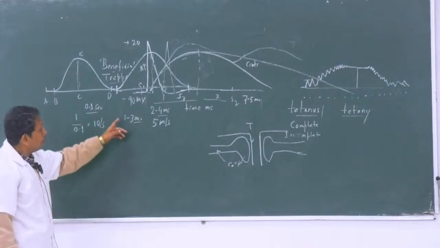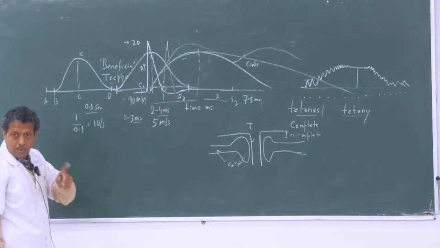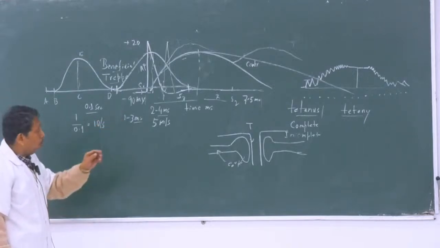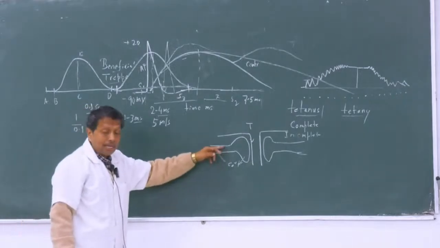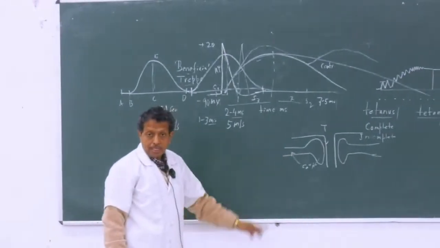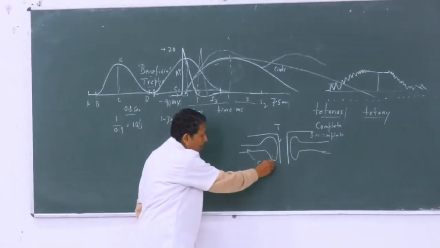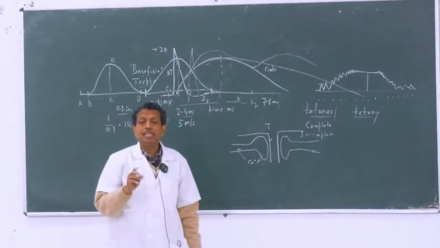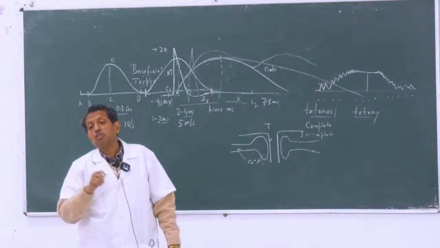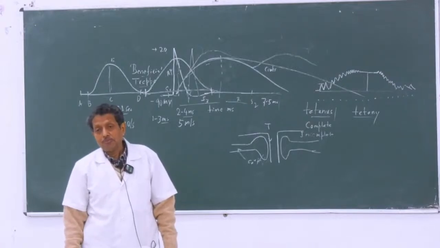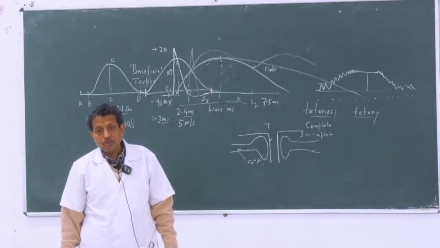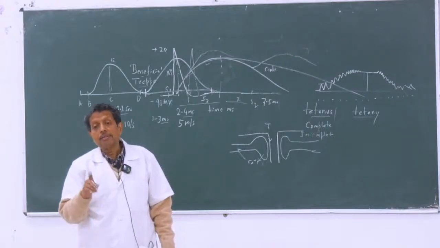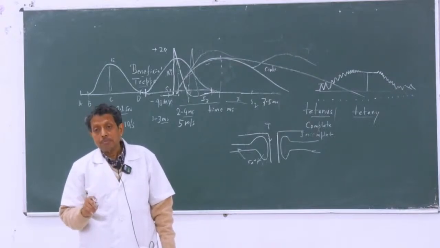So whenever there is a first stimulus, and within a short time there is a second stimulus, then all the calcium ion cannot be taken back within the short time. If there is a second stimulus, further calcium ion will be liberated. So more calcium is available, there is more activation of the contractile mechanisms, more cross bridge formation, more force will be generated, and it will occur for several number of times.